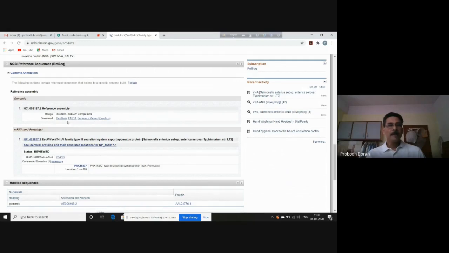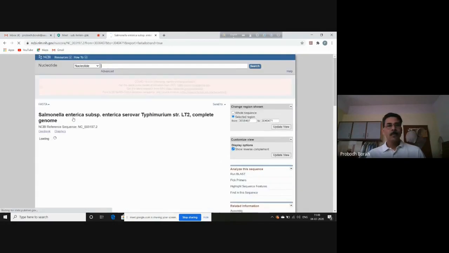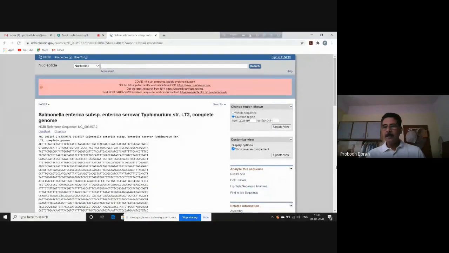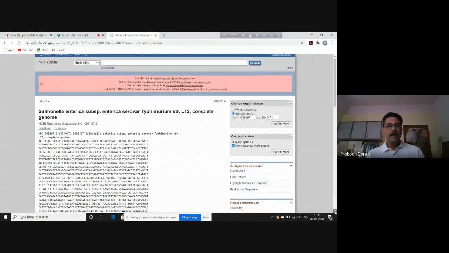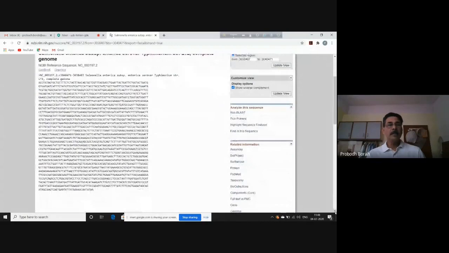We want to have the FASTA sequence, so we'll click on FASTA. After coming to this reference assembly of genomic sequence, we will click on FASTA. So then it will give us the nucleotide sequence in the FASTA format.